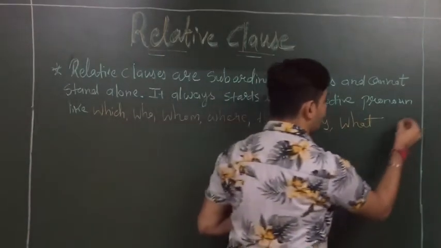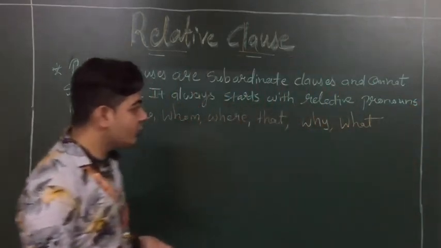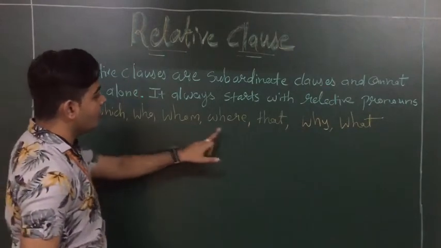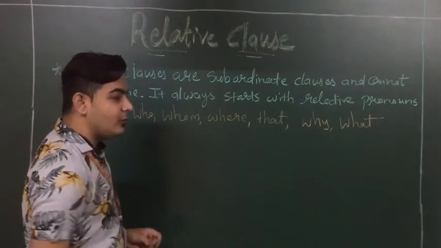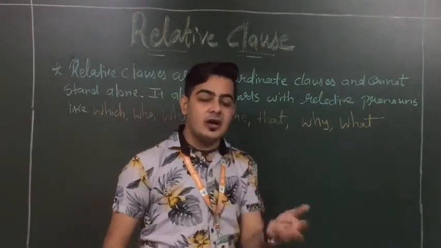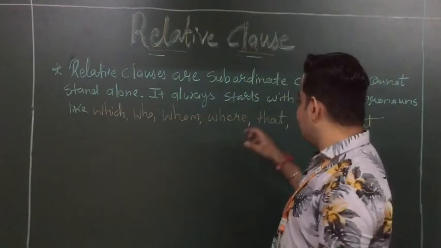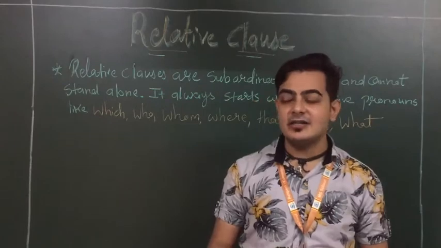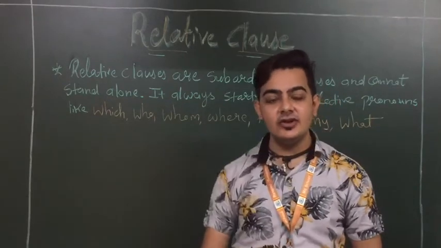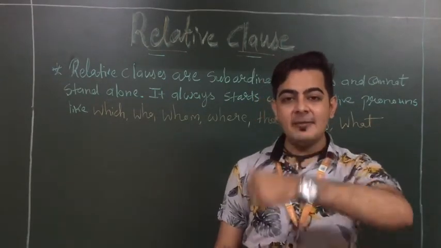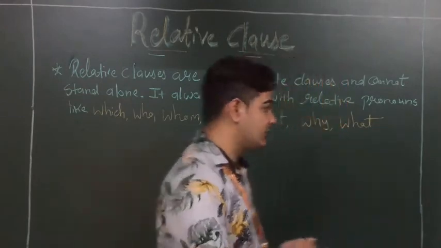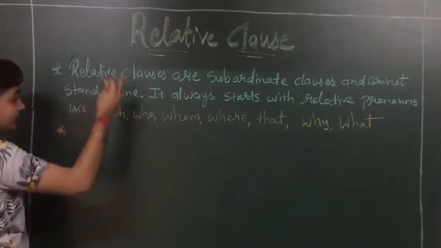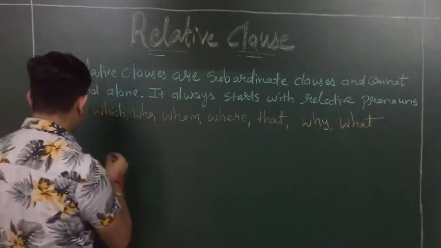ठीक है, these all are known as relative pronouns like which, who, whom, where, that, why, what, the WH words, ठीक है, instead of that बाकी सारे कौन से वर्ड है हमारे पास, WH words, so they all are known as relative pronouns. So I am making a sentence from this. How relative pronouns look like, ठीक है,